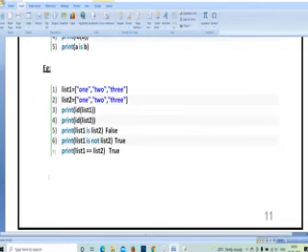Next, print list 1 is not list 2. Means list 1 is not equal to list 2. It is asking. Here it is going to give condition called true. Next, print list 1 double equal to list 2. Means list 1 is equal to list 2. Yes, whatever the values I am having in list 1, the same values I am having in list 2 also. So I got a result as true.